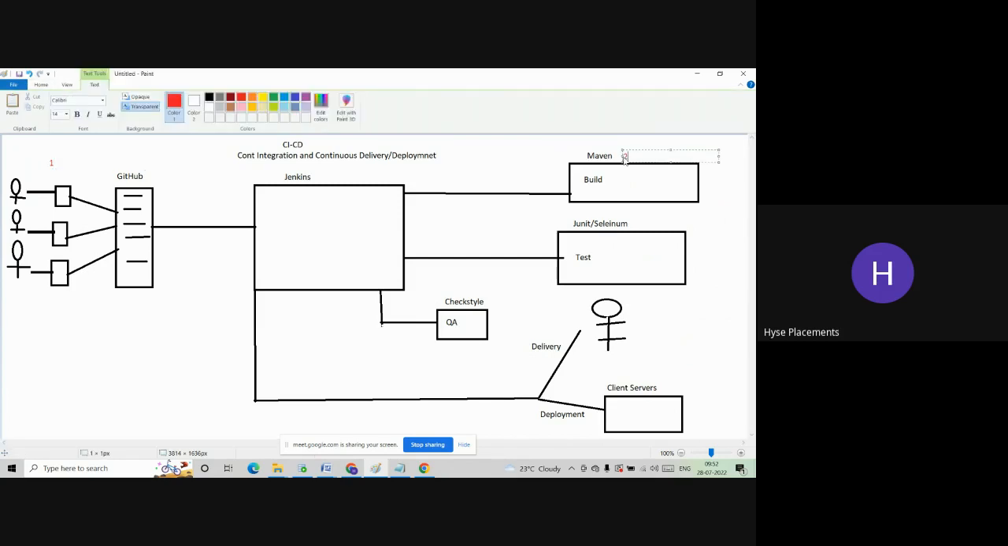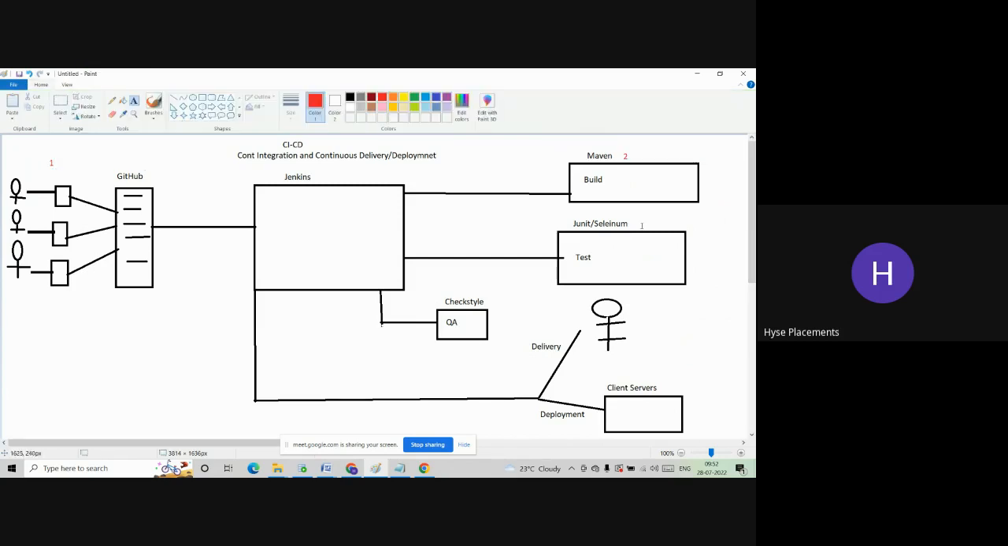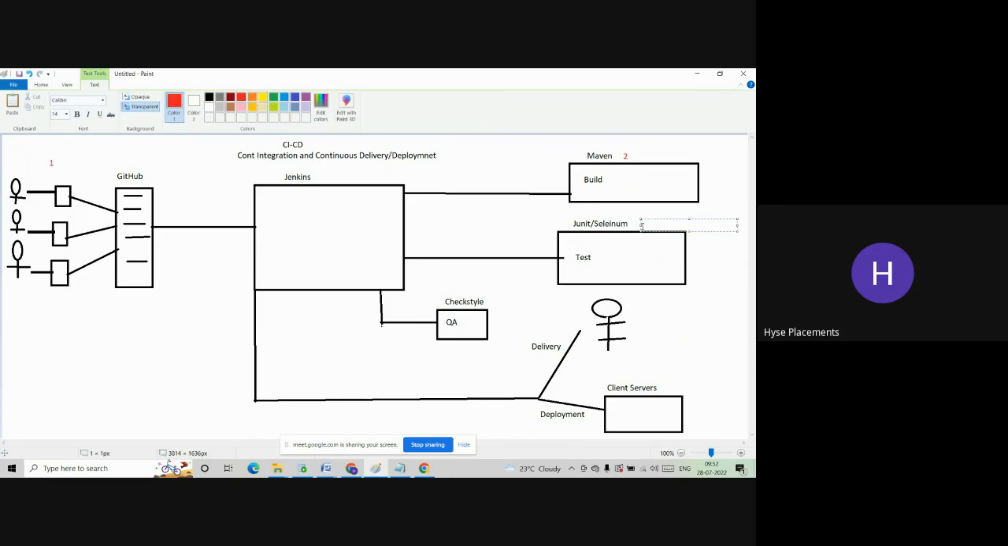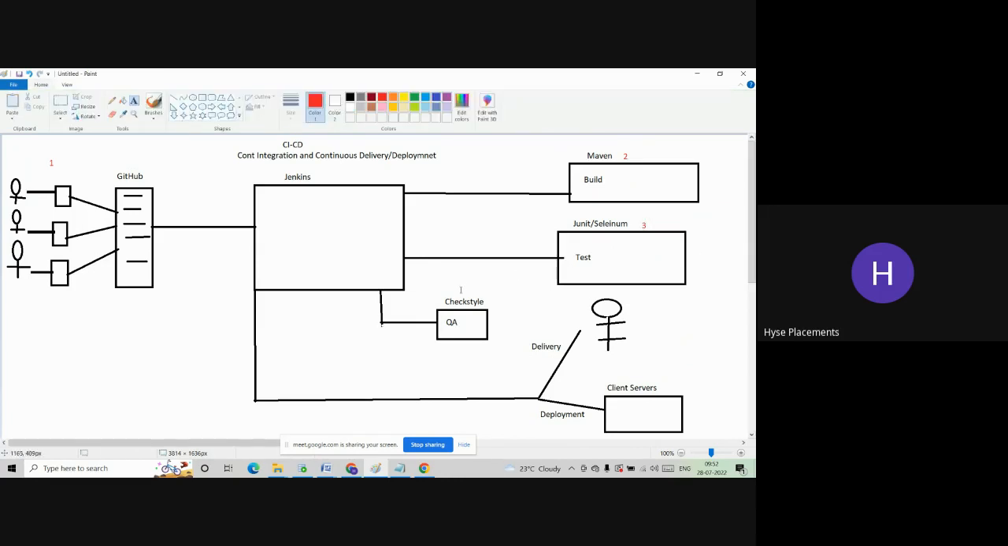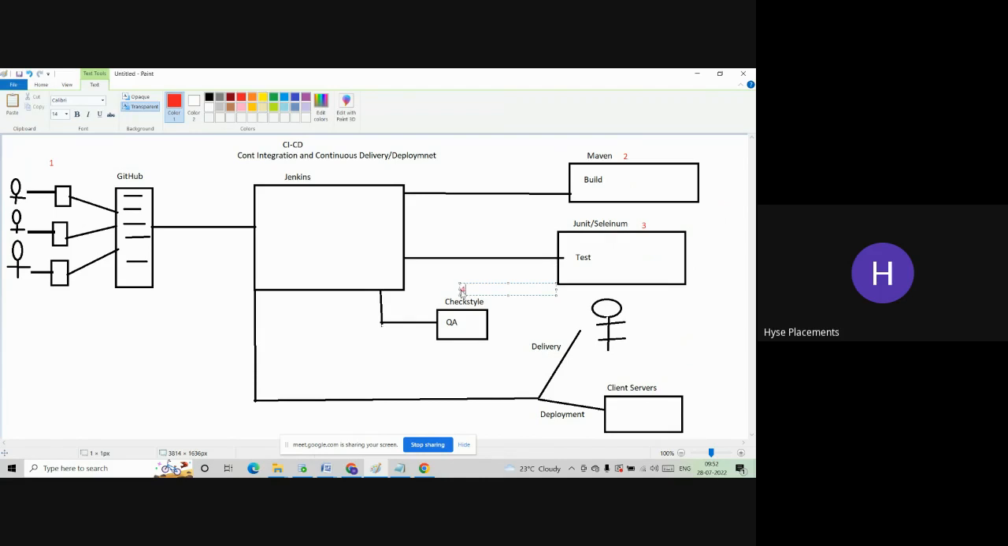This is 2. This is 3. Okay, this is 4. So considering all these things,